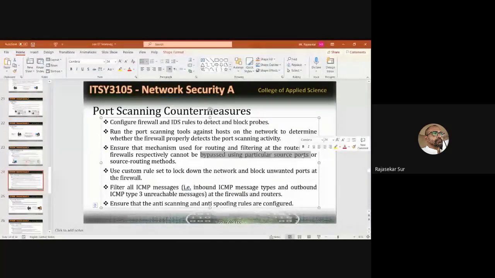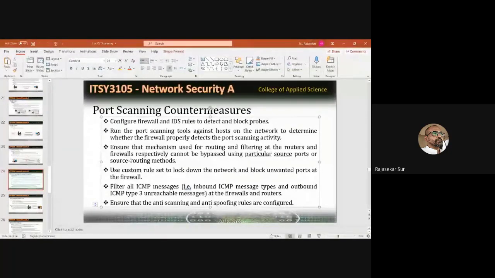If anybody tries to bypass your routers, you have to strictly fix rules and stop them.